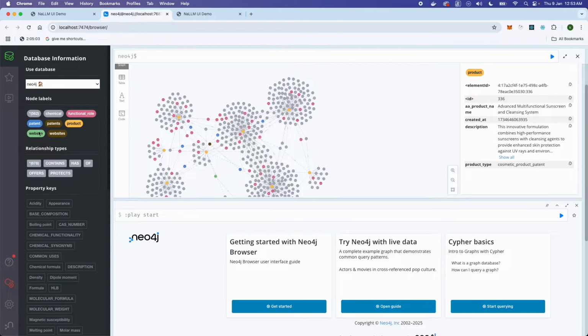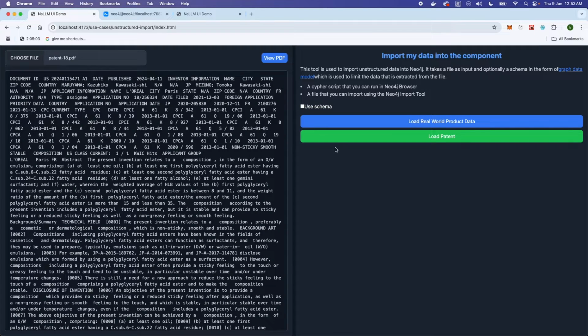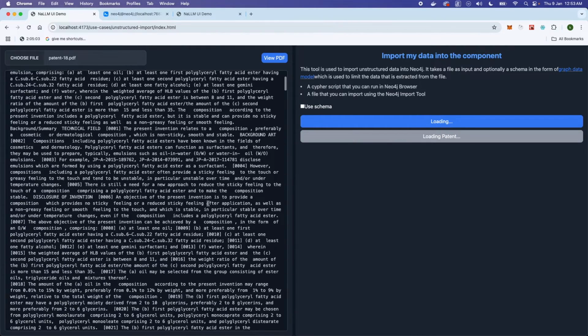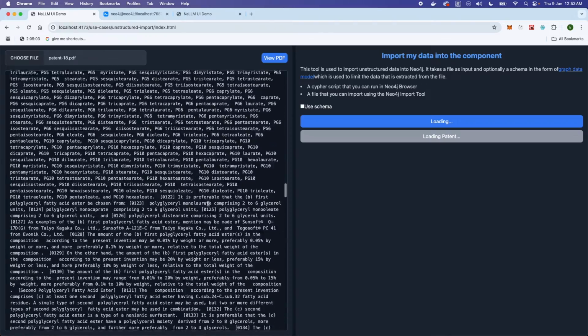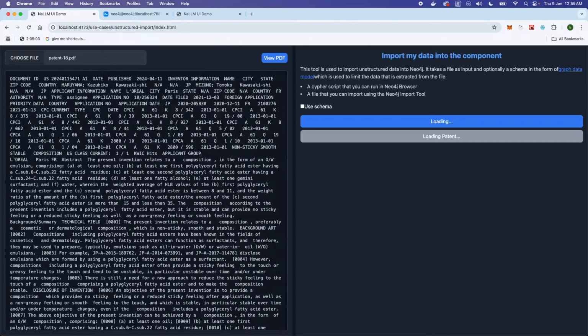So these numbers should go up, and then we will chat with the knowledge graph using our old local LLM, and then we will show that there are now not 6 but 7 patents. So once I click on the load patent button, it is loading. Now this is going to take some time. So just to show you how the processing goes on,